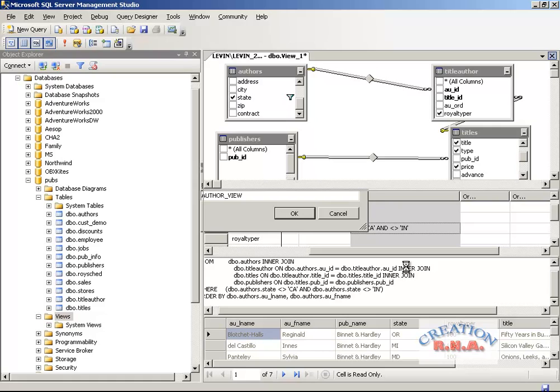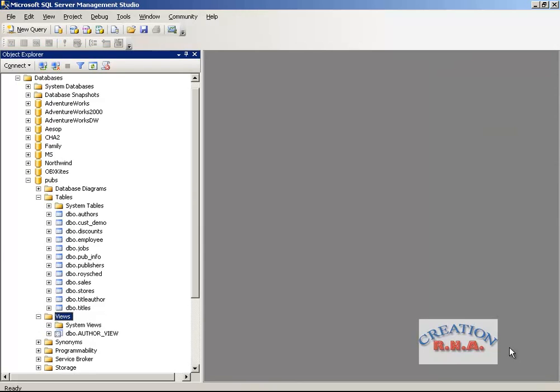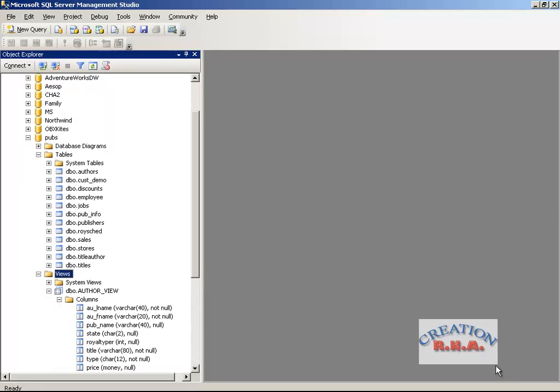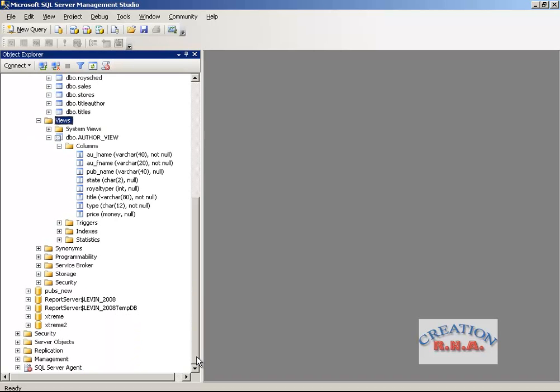You can select the number of fields, but remember that you cannot select more than what is available in the view. If there are 10 fields available in the view, you can only select from those 10 fields. You can create a view on multiple views, not a problem at all. There we are. We have already created a view and it is showing us. That's how the view is created. You can see the columns here. It was simple using SQL Server Management Studio.